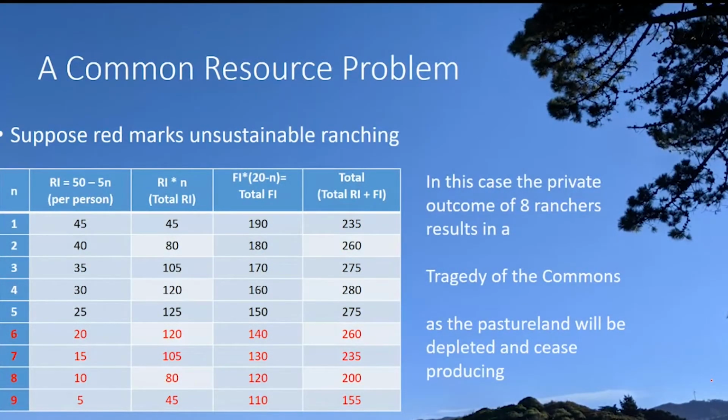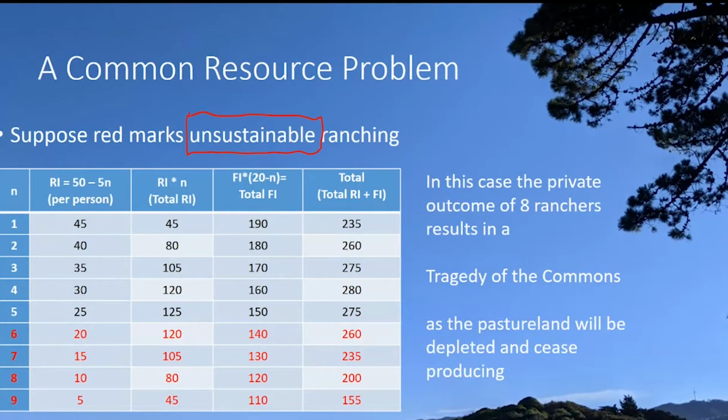I want to throw in one other issue here before we get to the next step. The next issue has to do with the potential unsustainability of ranching. By unsustainability, I mean that if you set enough cattle out into an open pasture land that's limited, you can't go on forever. The pasture land isn't infinite in size. Eventually the cattle are going to eat up all the grass. And if you put them all out there at the same time and they eat up all the grass before new grass can grow, you're going to diminish the resource to an extent that you've got no grass for any cattle to eat, right? And you're just not going to be able to maintain your cattle industry at all.